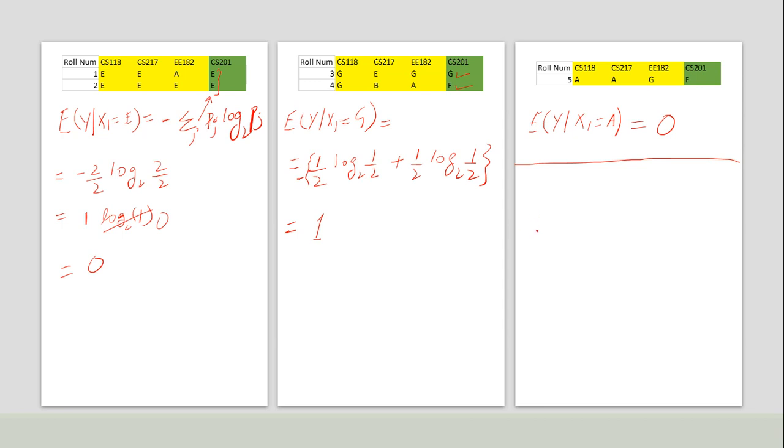So let's calculate the average entropy of this data set, these partitions. The average entropy of y given the column x1: for the first partition the entropy is 0, so I multiply the entropy with the probability of having it in the partition. For the second partition, there are two values out of 5, so 2 out of 5 multiplied by 1, plus 0, and the answer is 0.4.